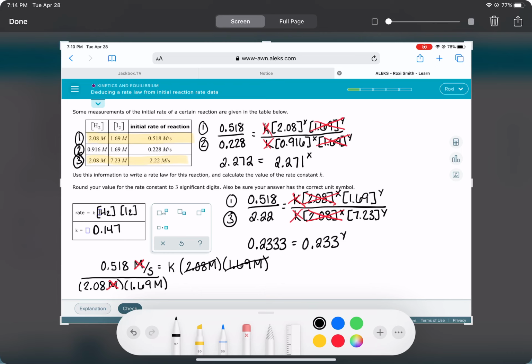0.147, and in terms of units, our units are 1 molarity unit down on the bottom and 1 second unit down on the bottom. You guys can totally do this. I believe in you. This is hard, but you can